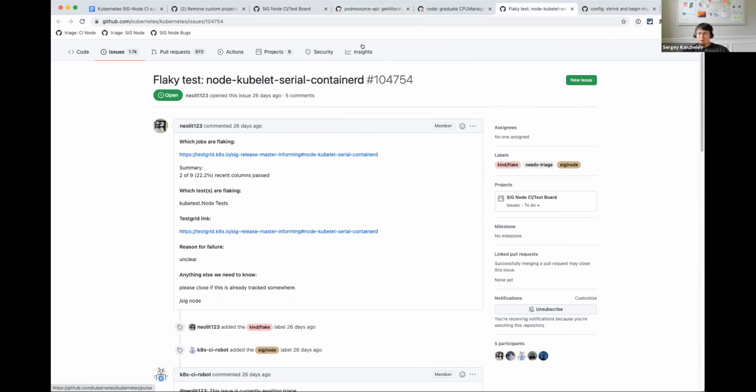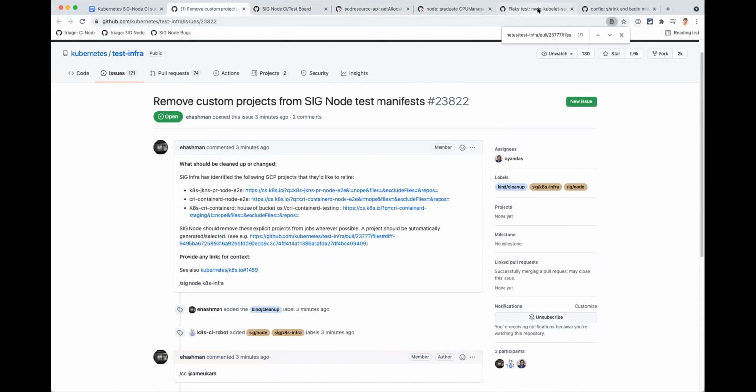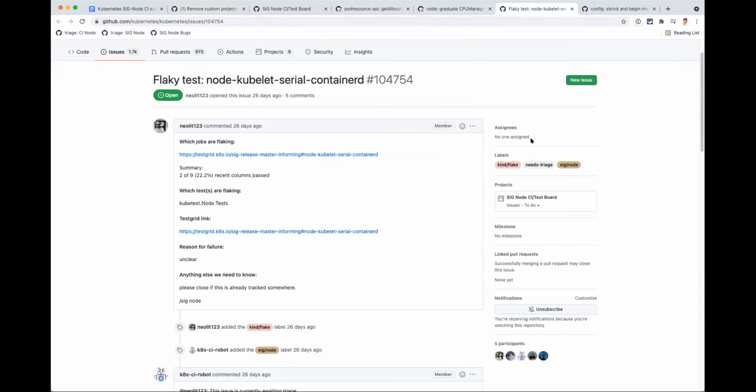Yeah, this is not about dynamic config. It's about dynamic tests that run as part of serial. So I think one of the ideas was to migrate them into a separate job. Yeah, it's one of the problems. The second problem that I encountered is that we have some disk pressure tests. When we are waiting in AfterEach for the disk pressure condition to be gone, and we start the pod after it, the pod still fails because of the disk pressure condition.